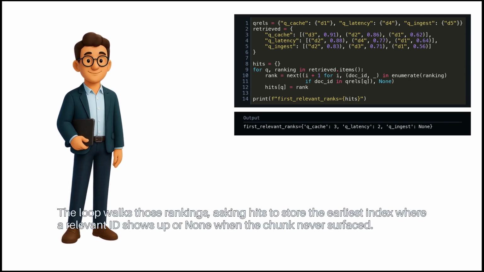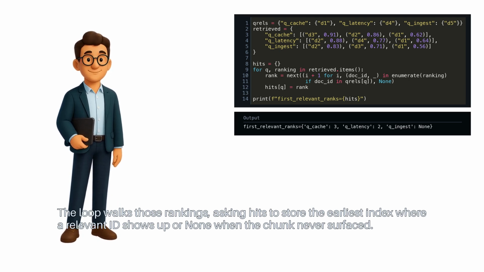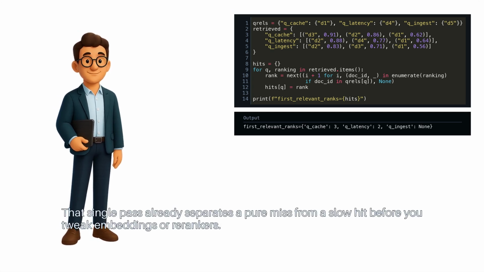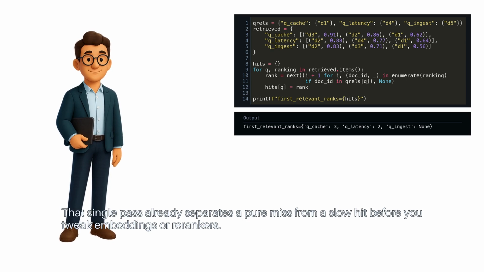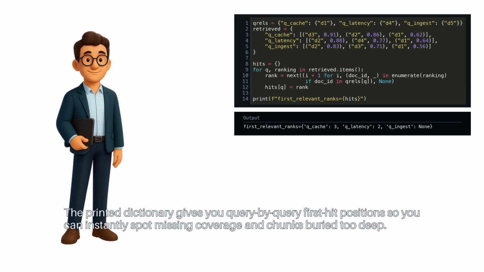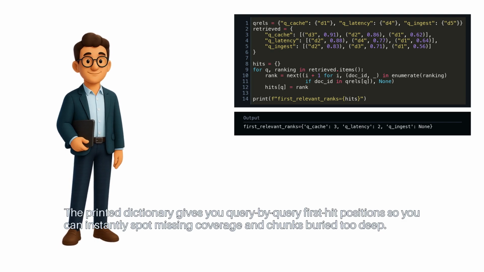served. The loop walks those rankings, asking hits to store the earliest index where a relevant ID shows up, or none when the chunk never surfaced. That single pass already separates a pure miss from a slow hit before you tweak embeddings or re-rankers. The printed dictionary gives you query by query first hit positions, so you can instantly spot missing coverage and chunks